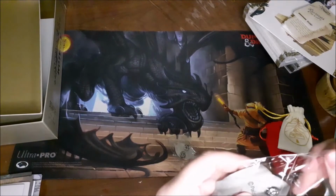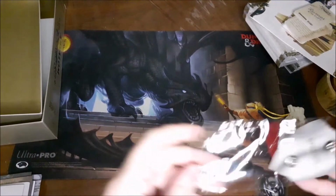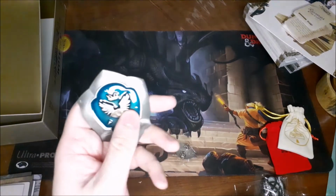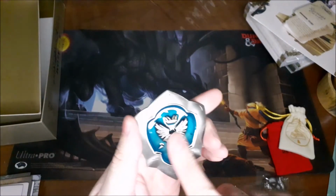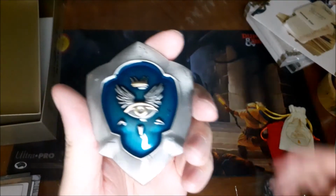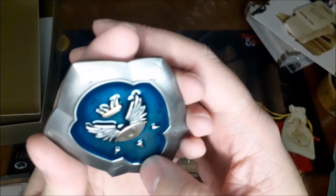So this is, again, a pin, I guess you could say. Again, it's got some real weight to it, actually. It's metal, it's nice, but it's the crest of Absalom, of the city. And I don't know how well it's going to show up on camera, but this is like a,